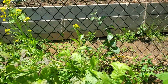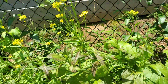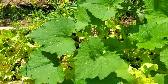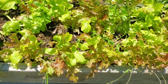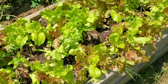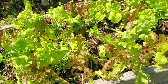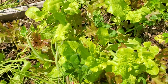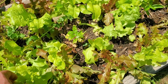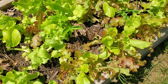And this is my mustard going to seed here. And then my other lettuce bed, which is going to turn into an herb bed when the lettuce gave up, but this lettuce is going pretty strong. I'm pretty surprised, to be honest with you. Half of it went to seed. You can see a lot of it, but then some of this lettuce is going pretty tough here. So I'm happy that I still have lettuce,